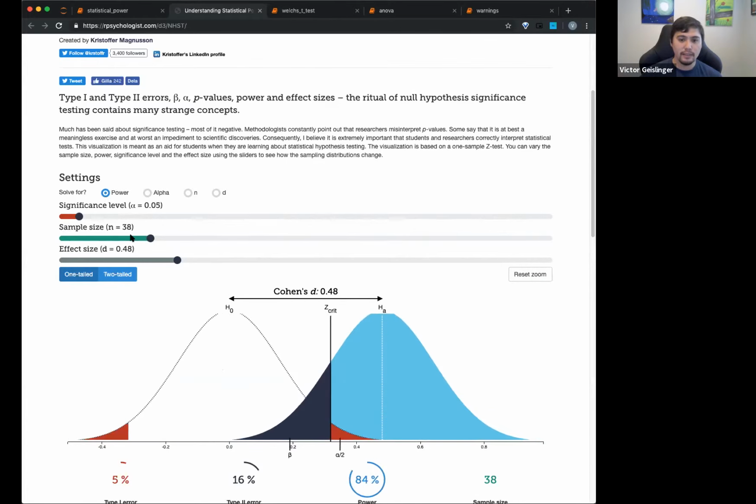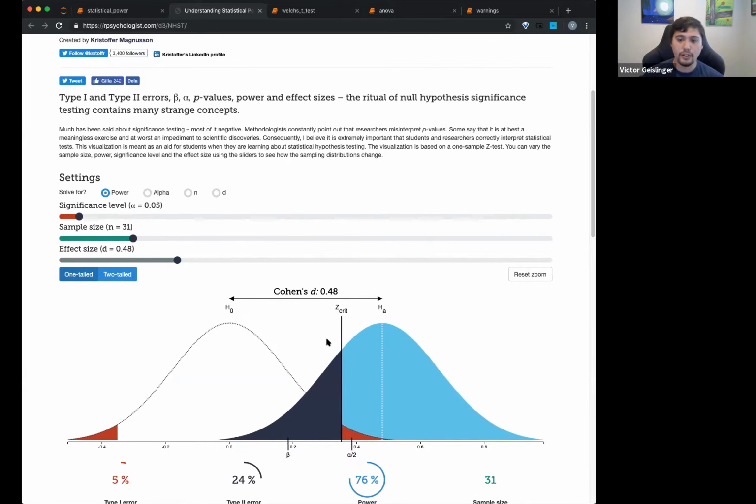So I'll keep it at about 35, okay? Or 30. All right, and then our significance level is our alpha right here. So basically our alpha is saying, what is that crossover? And I'm actually going to make it into a one-tailed test so that we can see this difference. And basically when we get within this region, that means we should reject the null